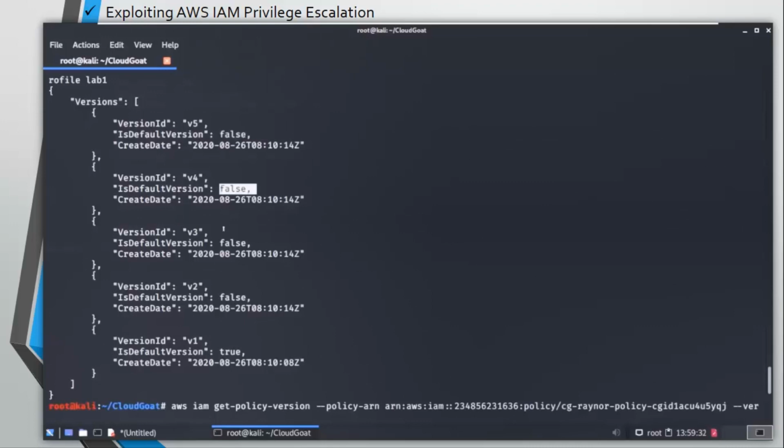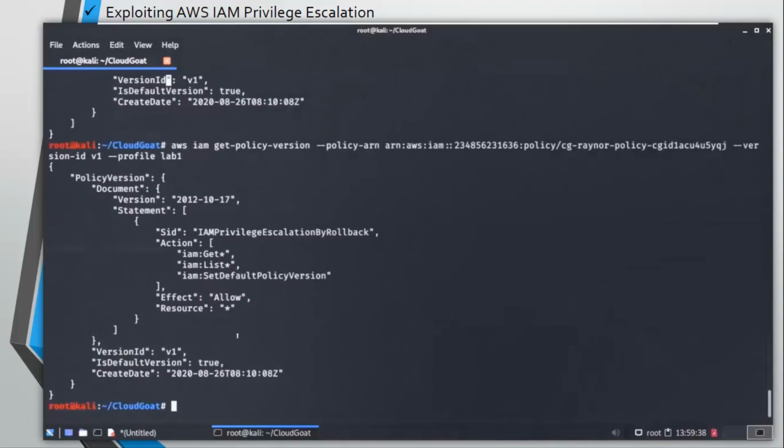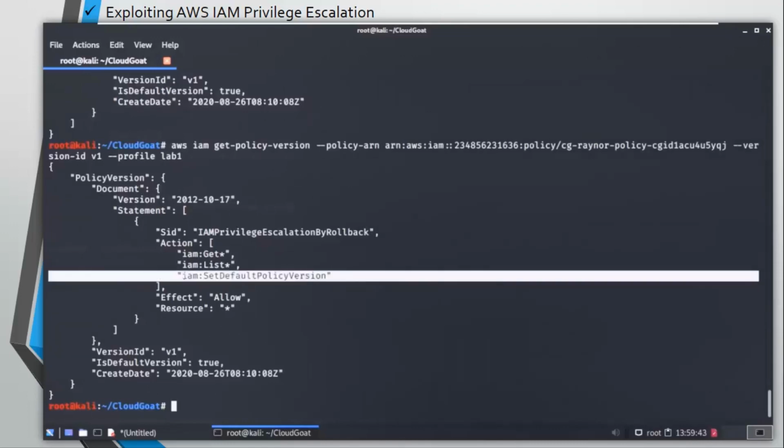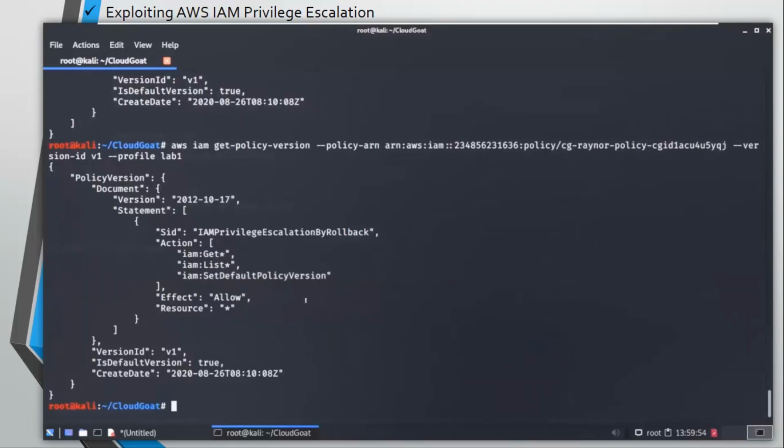Just imagine if you have a lower privilege or a higher privilege in the other version, and you can make that version your default version. So you are going to either escalate your privilege or demote your privilege, lower your privilege, if that's the correct terminology, I suppose.